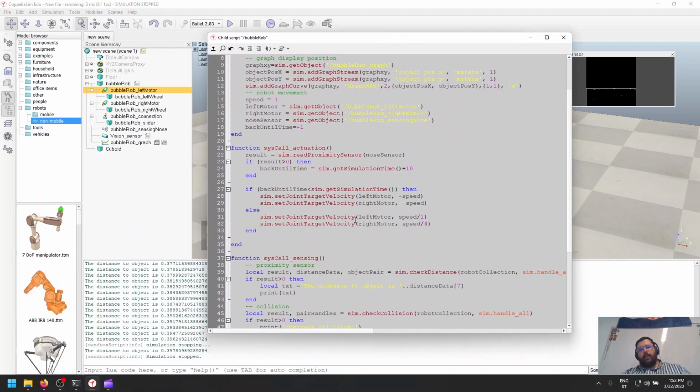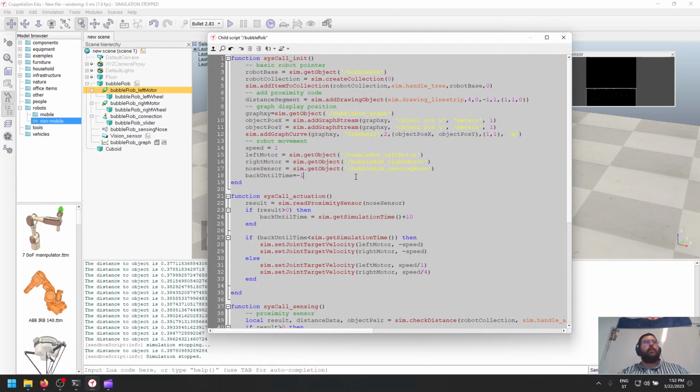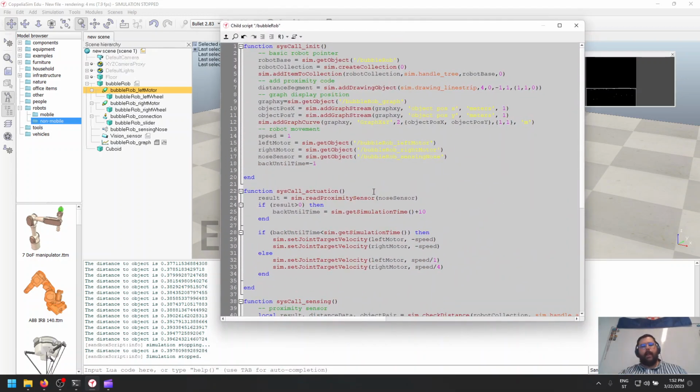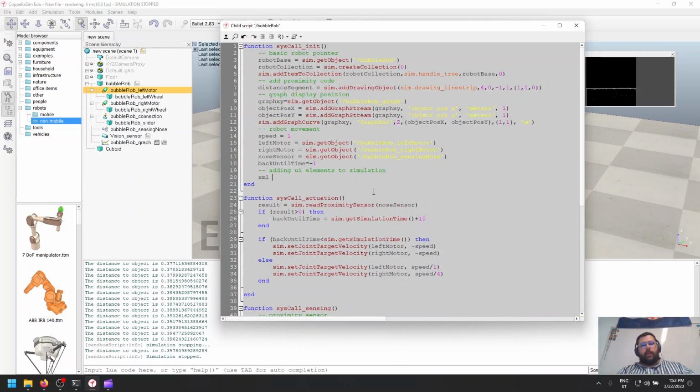There's just one other element that I want to show you, and that is adding your own GUI elements to the simulation in case you want to control something while the robot is moving during the simulation. So I'm going to add UI elements to the simulation. I'm going to define this with just a bit of XML. If you're not familiar with XML, it's not that scary. We're simply going to open a tag called UI, give it a title by calling it object alias base. So we're going to get the name of our robot base variable, which is BubbleRob,